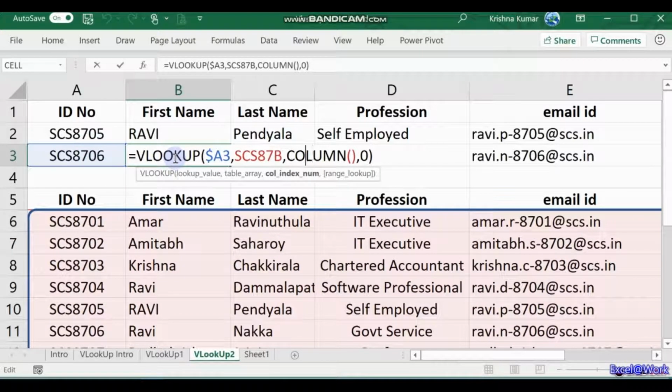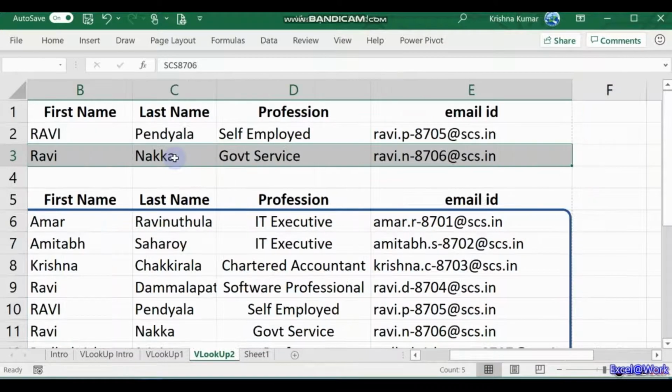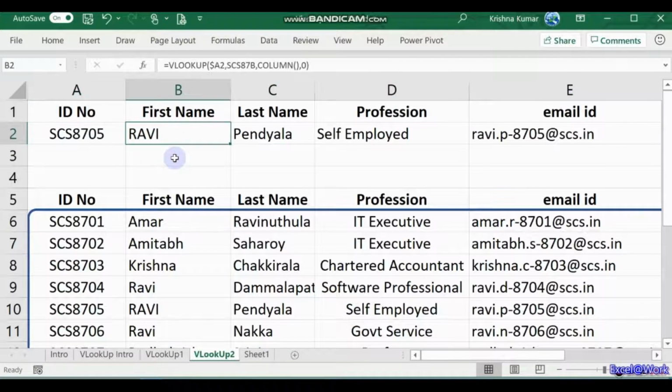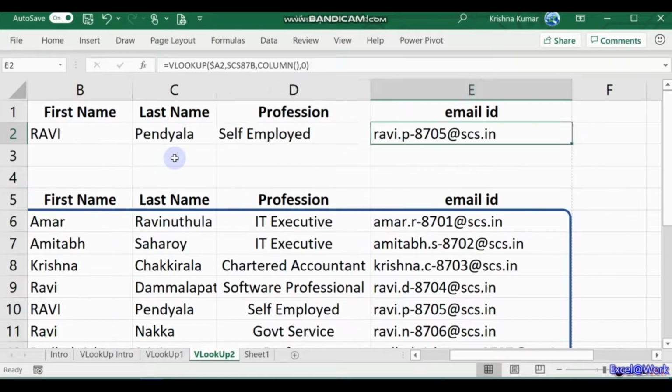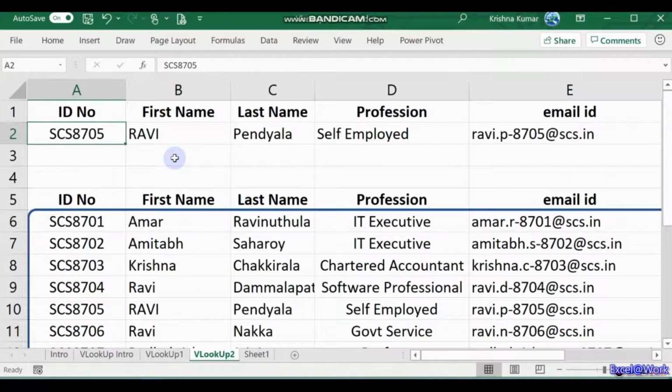The column number doesn't change, the range name, the table array didn't change, the lookup value is changed automatically to A3. So this is how you use one single formula and copy it to how many rows or cells you want, to make sure it remains constant as per your design.